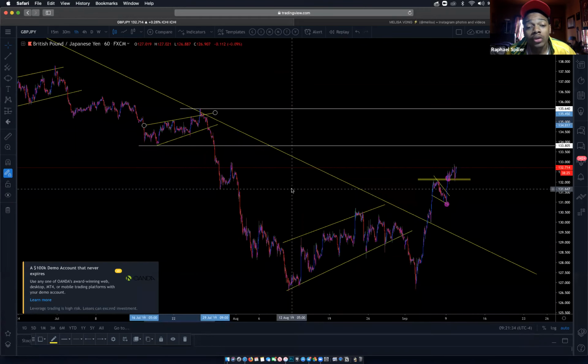No. Okay, so the smaller the flag usually, not all the time, means that it's going to be a smaller move. The bigger the flag, the bigger the move. So you will win every time with ICC and support and resistance. Yeah, of course. That's the only way the market moves.